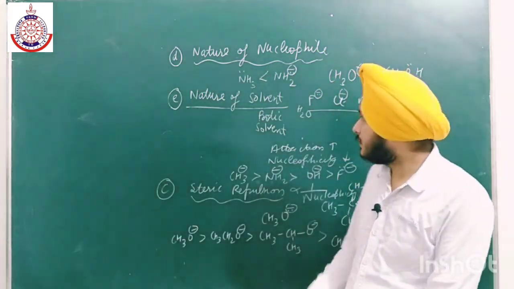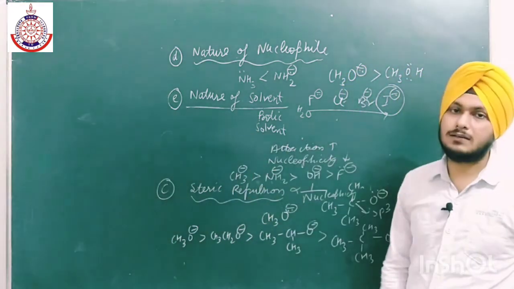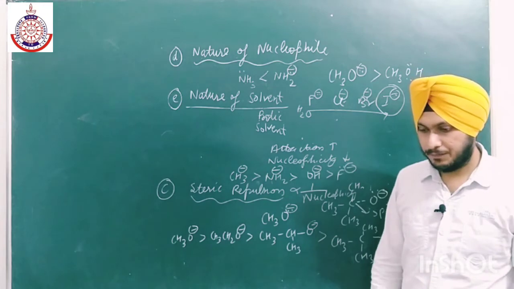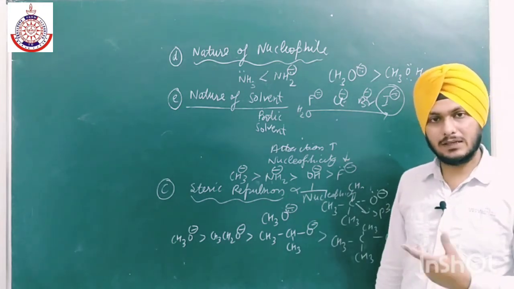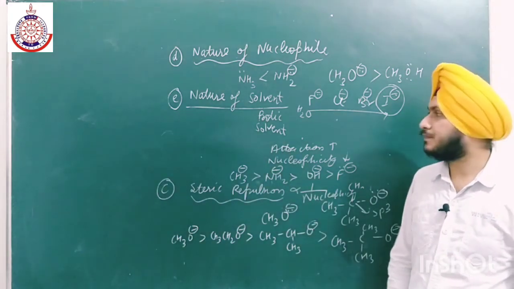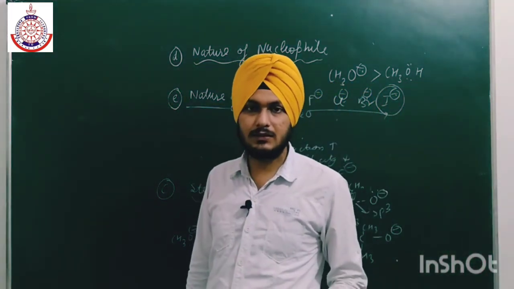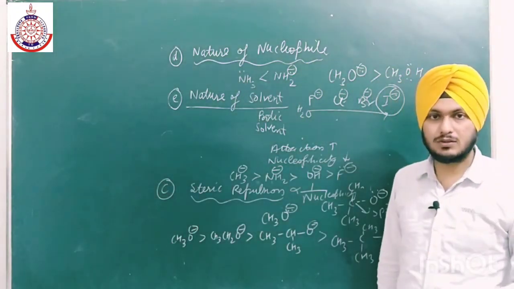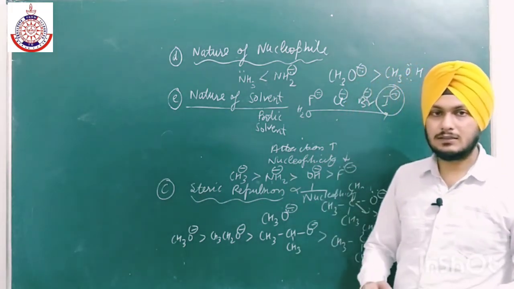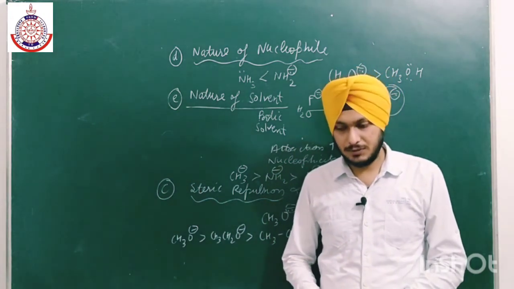If the size of the nucleophile is nearly the same, then this factor is not valid, because the polar protic solvent can solvate the nucleophile equally. In most cases in nucleophilic substitution reactions, we will take an aprotic solvent as the solvent, not a protic solvent. We will discuss it in the next lecture: what is a nucleophilic substitution reaction, and what are the factors and types of nucleophilic substitution reaction.